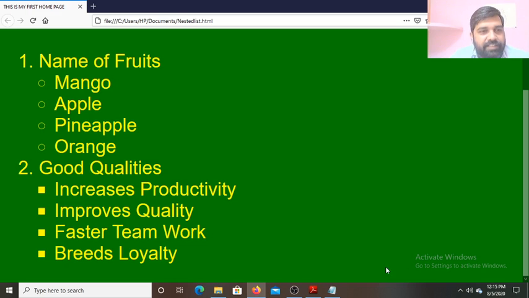Like this we can create a nested list. In the next class we will study how to create a definition list. You are going to get questions in the exam like write a program to create this type of list, so prepare well. Till lesson 4 is in your syllabus, and the questions in the question paper are given till lesson 4. Before the exam we will complete lesson 4 also.